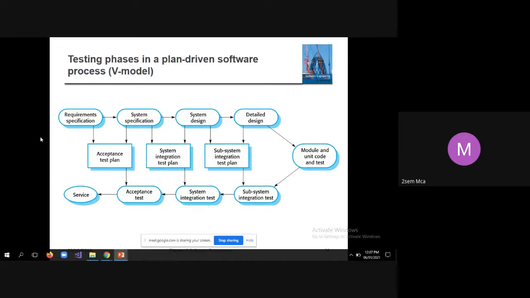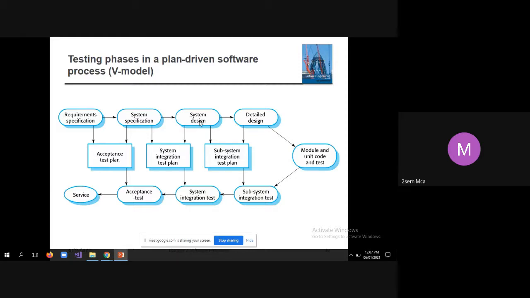By knowing that, it becomes easy for the tester to design acceptance test cases. Even the client can design this. Sometimes acceptance test cases are designed by the testers and reviewed by the client representative, and sometimes the client himself designs the acceptance test cases and gives them for testing.